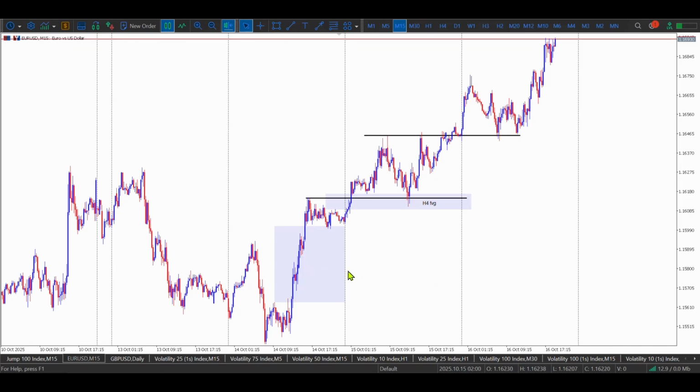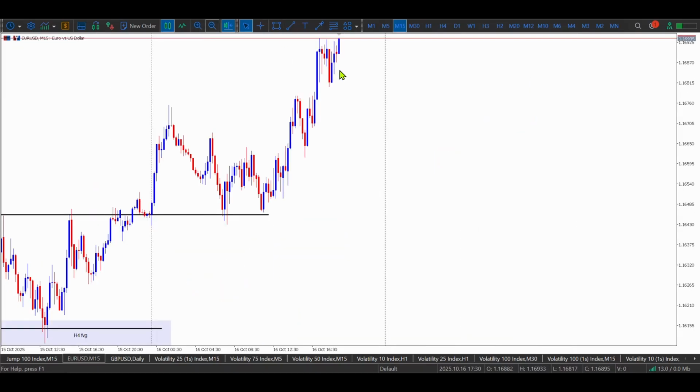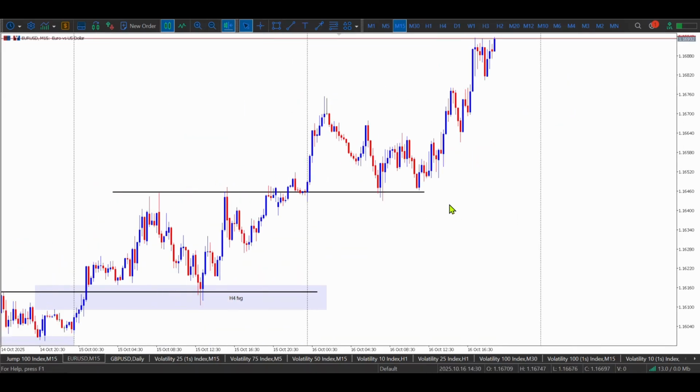So price on Wednesday trades up, then comes back down during the London session into the H4 fair value gap and yesterday's high. This is where we expect our buys to form. Alright, so with that said, here on M15,